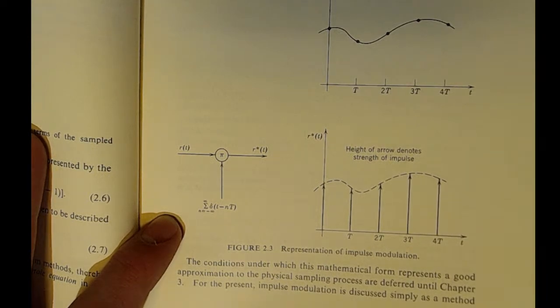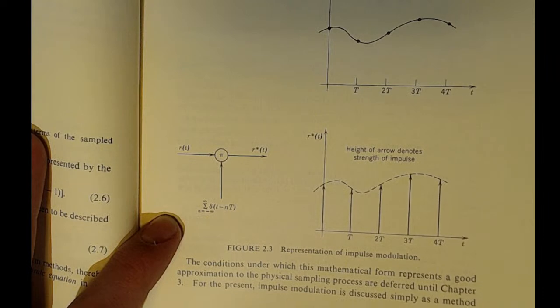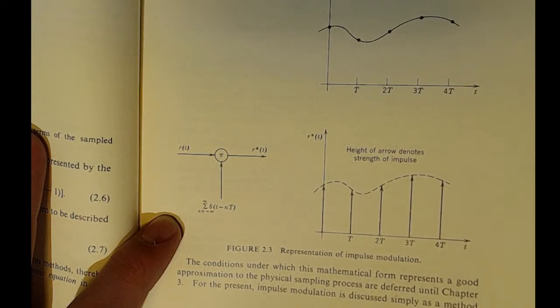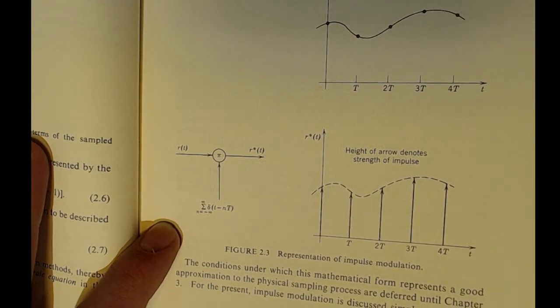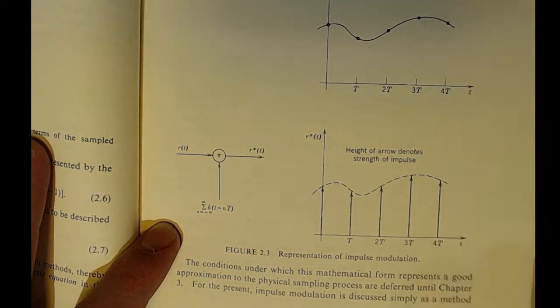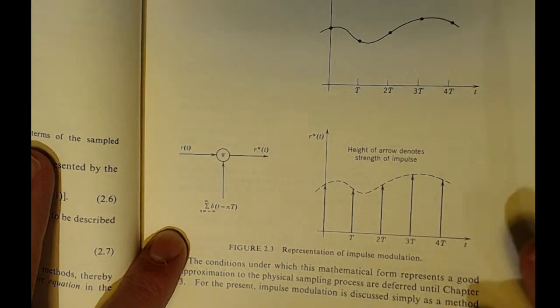The conditions under which this mathematical form represents a good model of the physical sampling process are deferred until chapter 3. For the present, impulse modulation, in other words ideal sampling, this is what people call